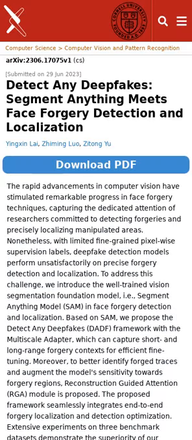This research presents a new system called Detect Any Deepfakes, DADF, for improved detection and precise location identification of manipulated facial images, deepfakes. Using the Segment Anything model, SAM, and incorporating a multi-scale adapter and reconstruction guided attention, RGA, DADF